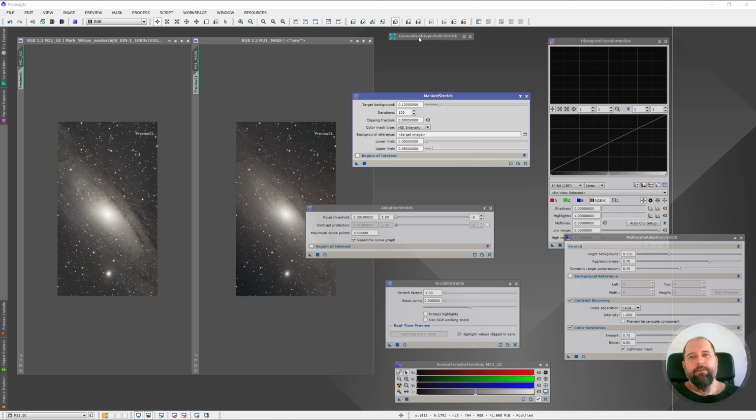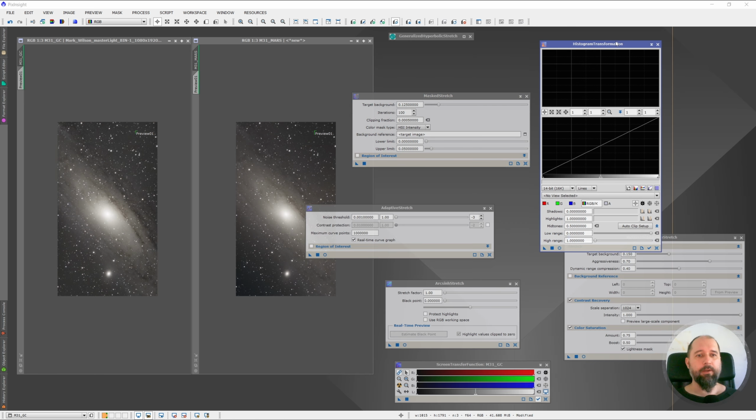I can count maybe 5 or even more stretching scripts from third-party developers that you can use for stretching. And this is insane. Of course the beginners will look at this and say, what the hell am I supposed to use? I will try to help you to use only one, for this particular image and maybe for 99% of the images. First of all, we did use the histogram transformation, which was used many years ago. All these modules were capable of stretching,